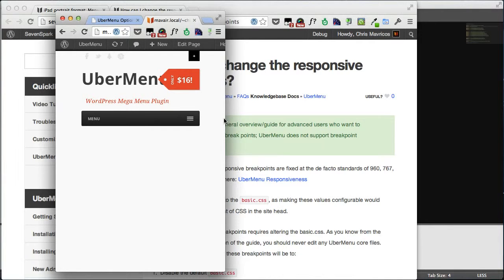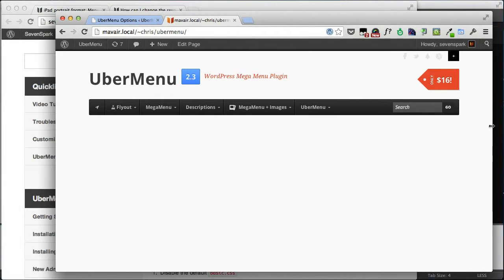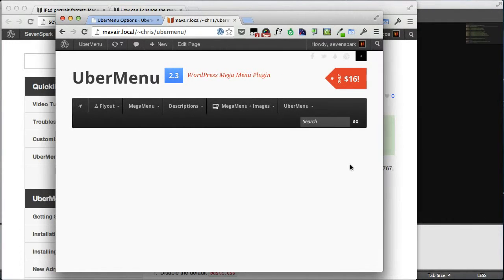Now, the issue that arises is that these breakpoints are pretty standard, but if you have menu items that take up the entire width of your menu bar, for example, at 960 pixels, which is a standard desktop size, between 767 and 960 pixels you may end up with menu items that are forced to a second line. This would happen, for example, on an iPad in portrait mode, where the width is only 767 pixels, so all of your menu items simply don't fit on one line and they jump down to the